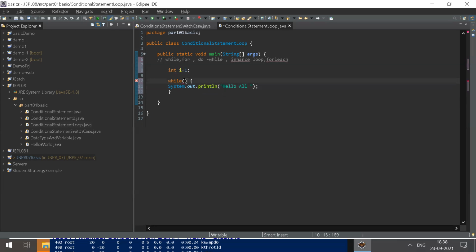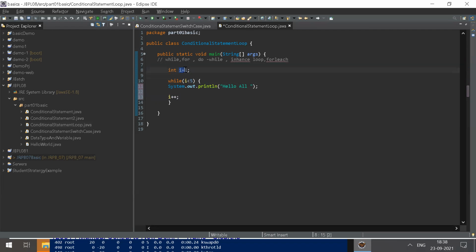I am giving the condition i less than 5. To stop this loop, I am writing i plus plus, which is an increment, meaning every time i increments by 1.